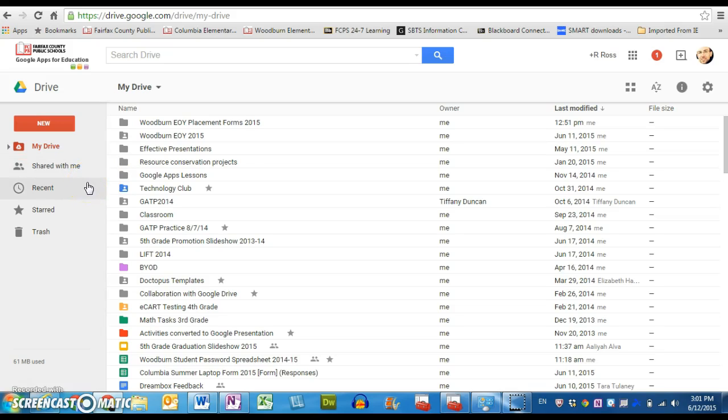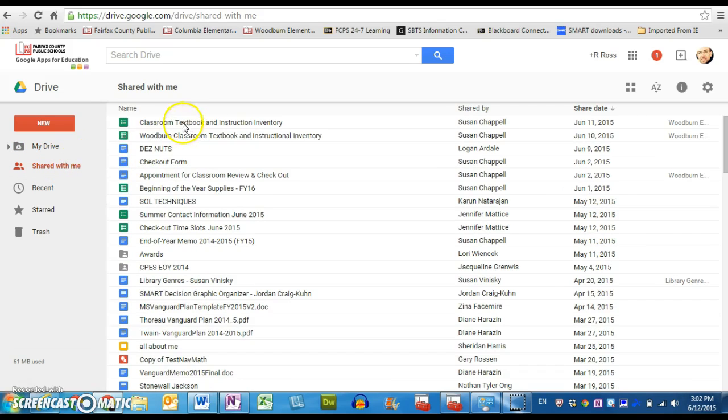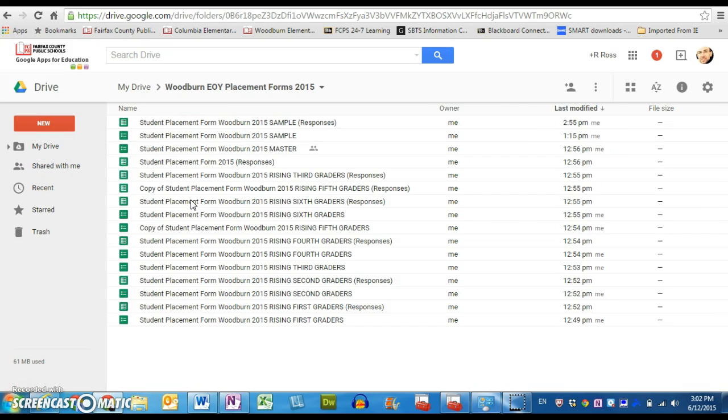Each of you is going to have the results spreadsheet shared with you. So you're going to go into your shared drive or share with me, and then you're going to look for it. I'll show you what it would look like. Now here you can see all of them because I've created all of these, but you will just see the